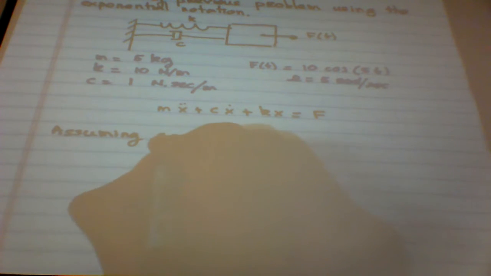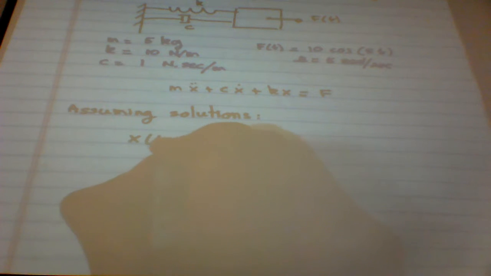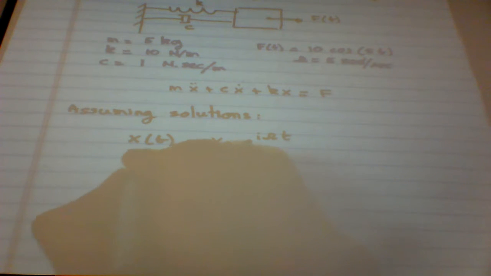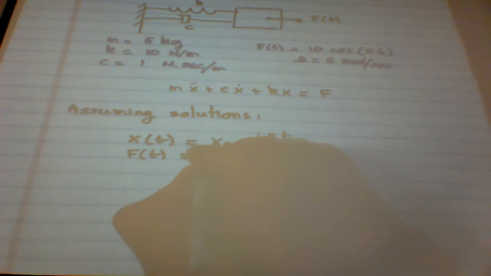Alright? So we use exponential notation. What do we say? Assume. So assuming the solutions to be of which form? X of t will be equal to what? X naught e to the i capital omega t. We say we want the response in function of the forcing frequency, no? Why do we do this stuff? Because we know that the forcing force, even though here is 10 cosine, the general form would be what? F sub naught